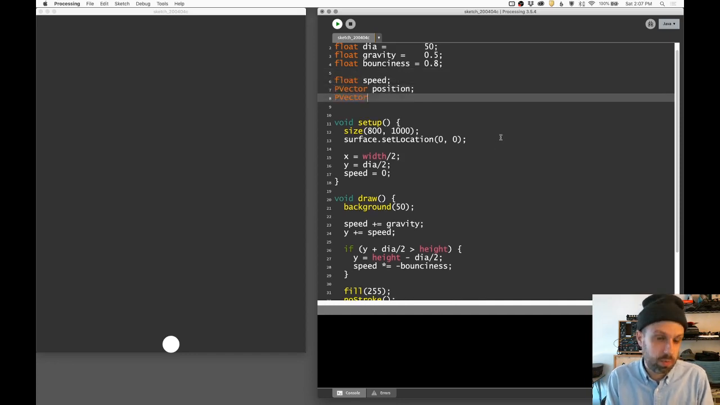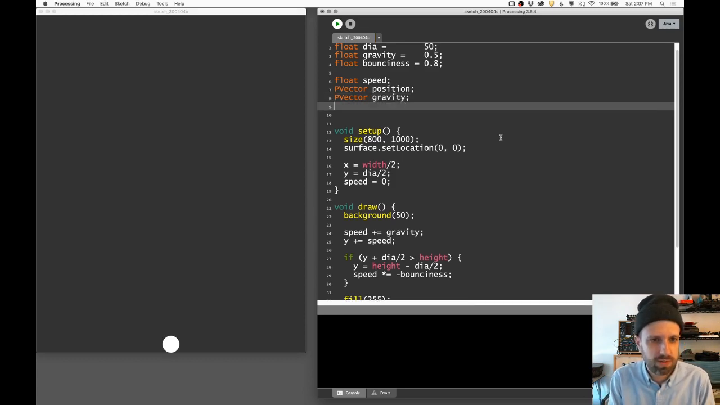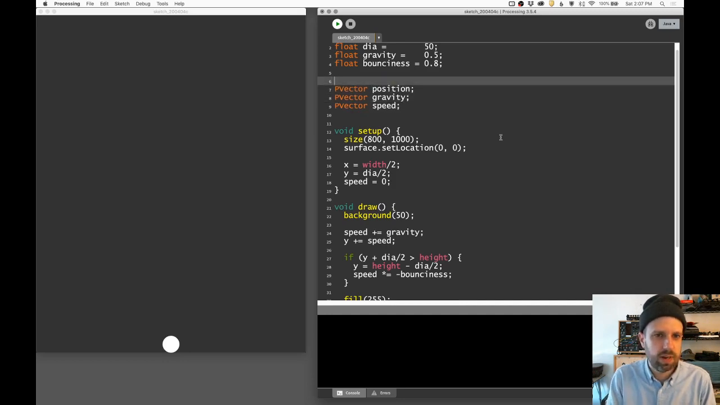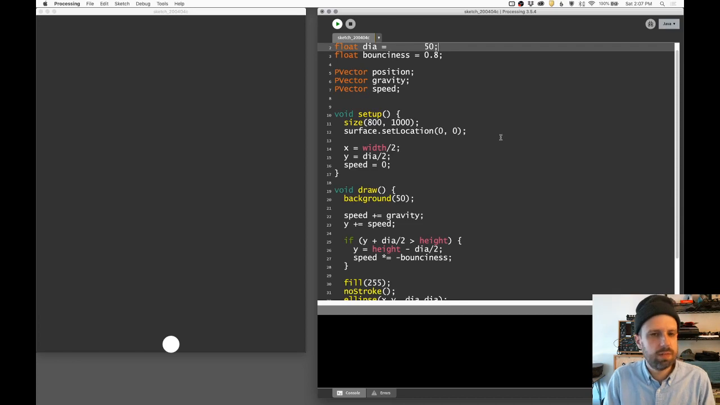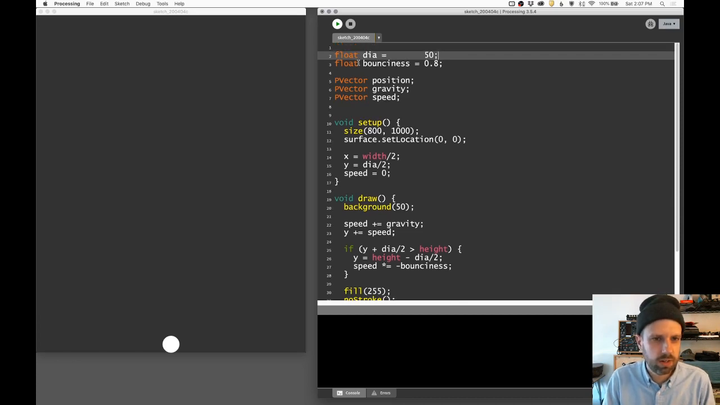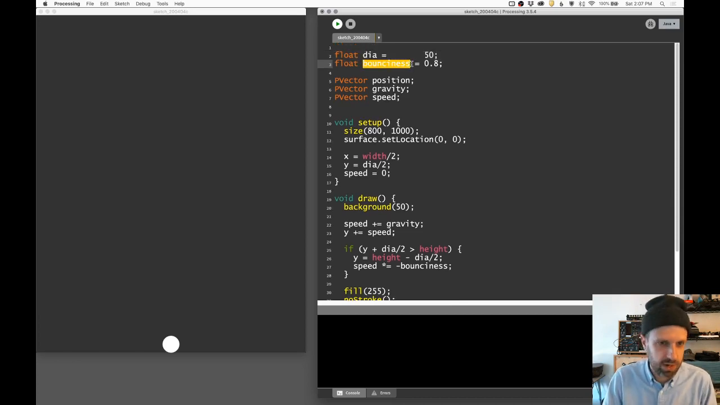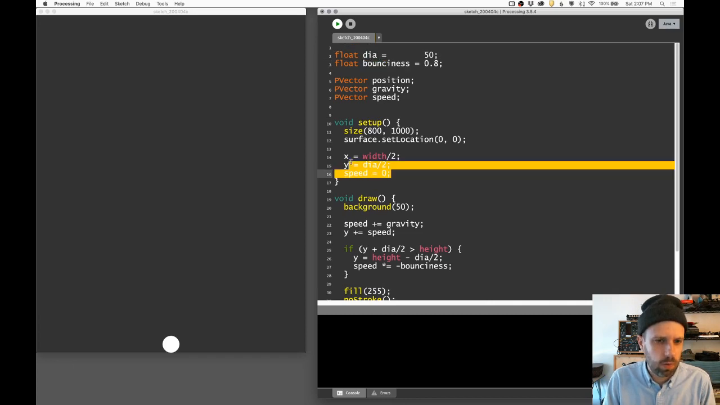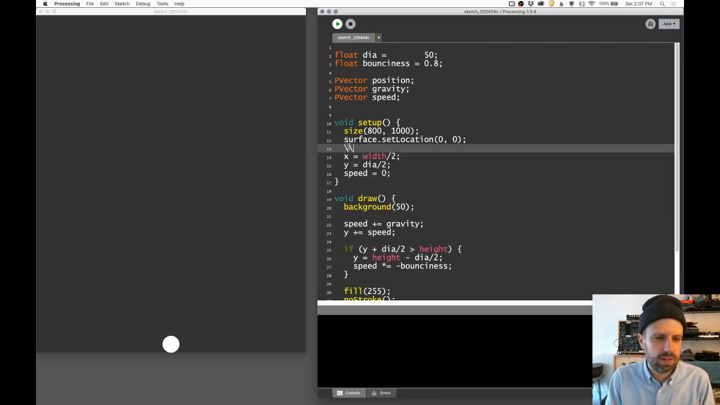We're also going to make, so a PVector can be a position, but a PVector can also be a force. So we can define the amount of a force like gravity or speed or wind, also using a PVector. So I'm going to create one called gravity and one for speed. So now I can delete this and I can delete that. And we're going to talk in a little bit about why bounciness is not a PVector. But so now in our setup here,